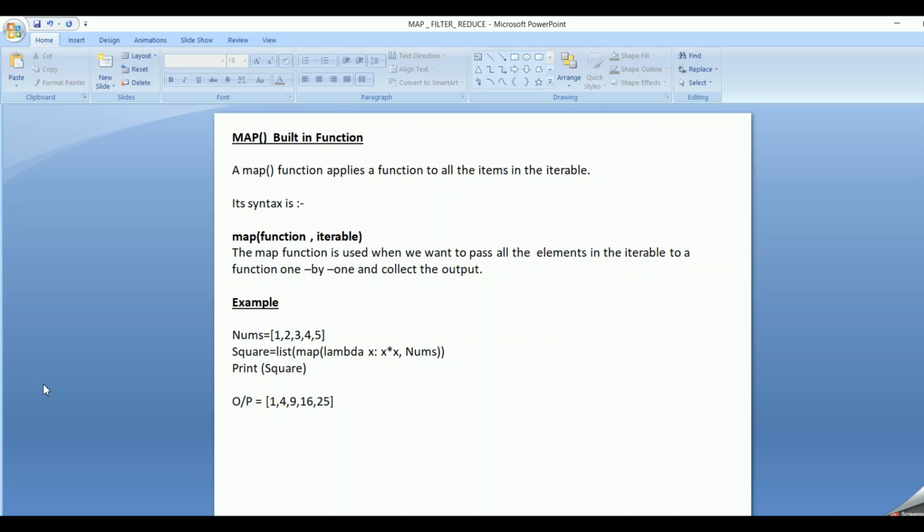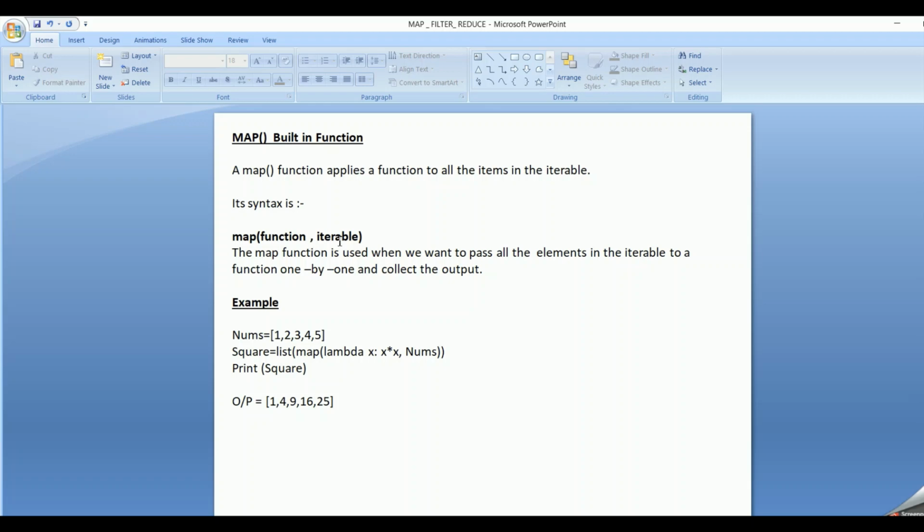So what does the map built-in function do? A map built-in function applies a function to all the items in the iterable. The iterable in this case can be a list or a tuple, so any iterable we can consider in this particular case. The syntax is map, we write a function and an iterable.